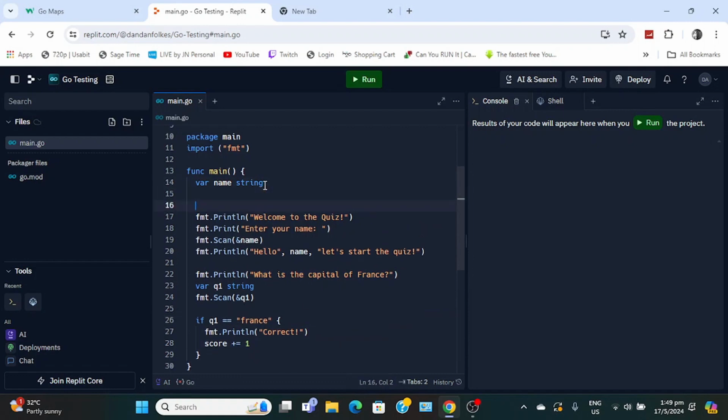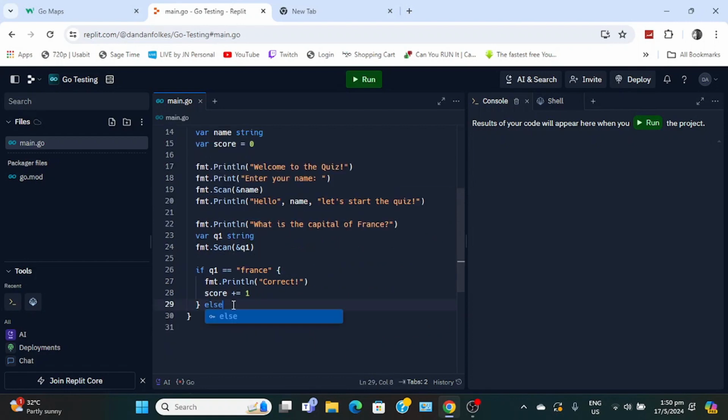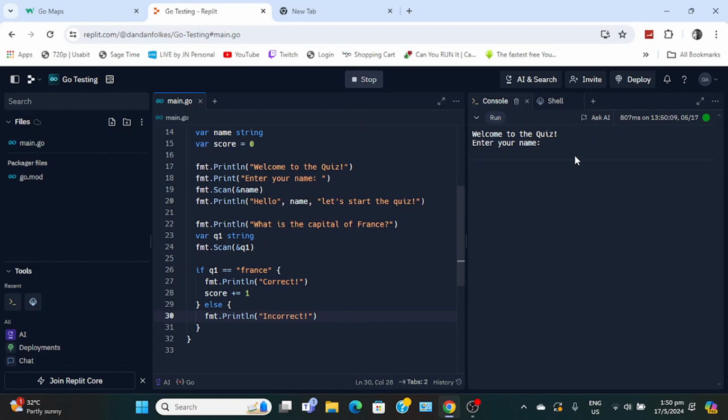I want to store it right here. Variable score equals 0. Else, fmt.Println, something like that. So we just give it a new line. Nice. And then we just say France, correct. And I'll spell it wrong. Yeah, it's case sensitive.